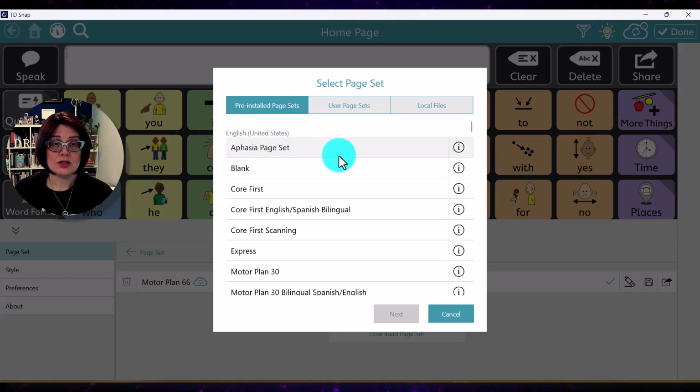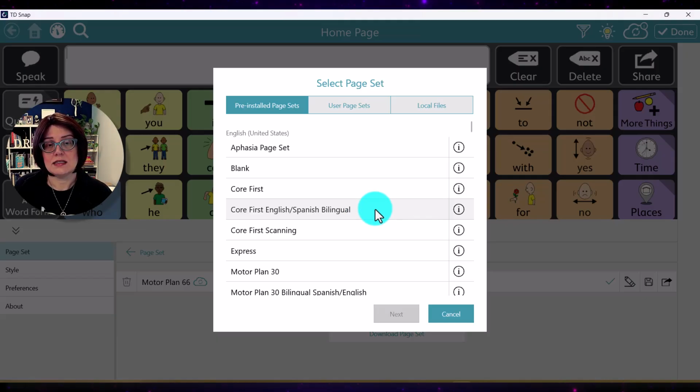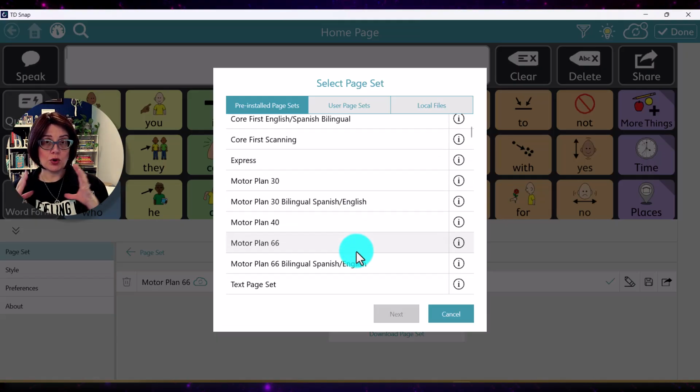Now, in the English United States version, there are several different options. Aphasia page set for older adults, although I've used it for some teenagers and they do really well with it. Blank one, you can start from scratch. Core First is a big set from TD Snap. It was their first one when they came out, and it is English, Spanish bilingual. We also have a French, English bilingual. We are going to today talk about Express, but as you can see, even within Motor Plan, so